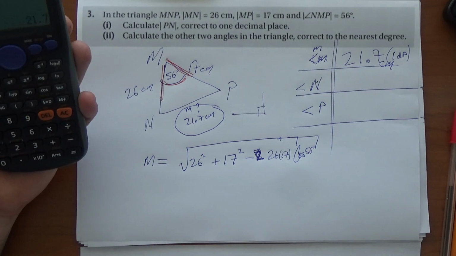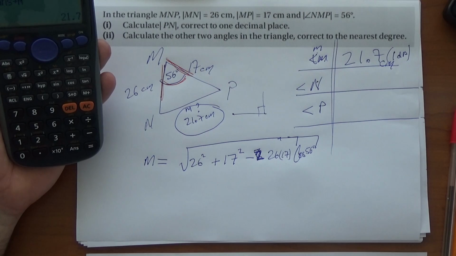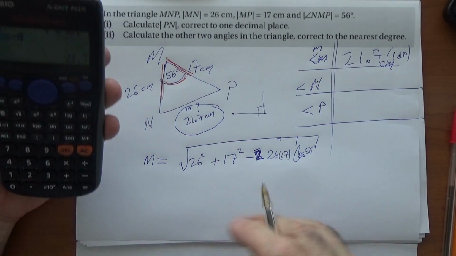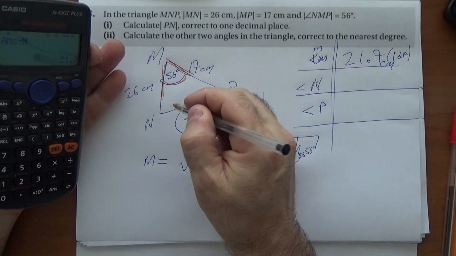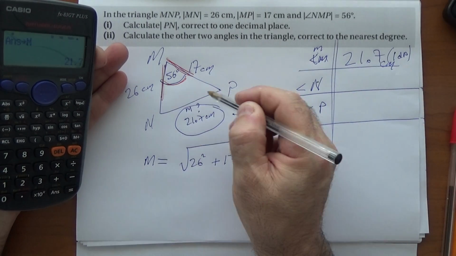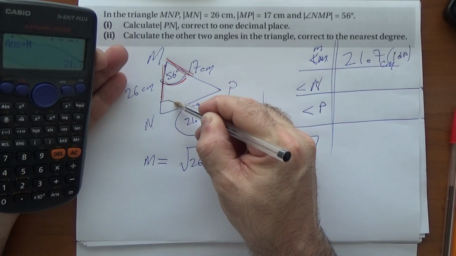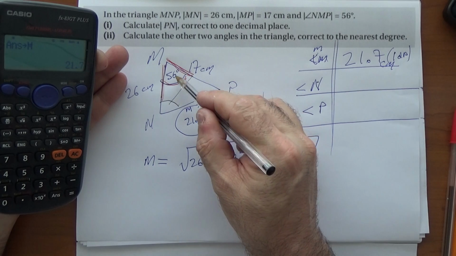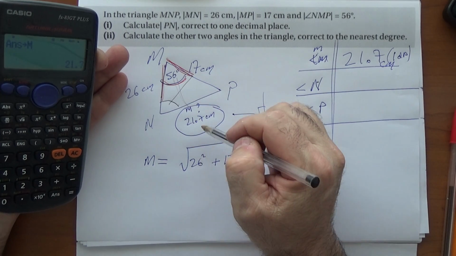Okay, so still work to do. So now rethink, reanalyze. You've used the cosine rule. Now what you want to do is get the angles. So either one will do. So how would I get this angle? To me it's looking like the sine rule, because you have